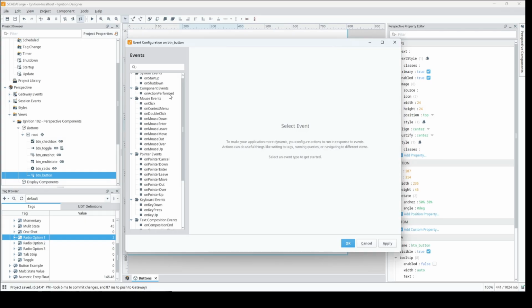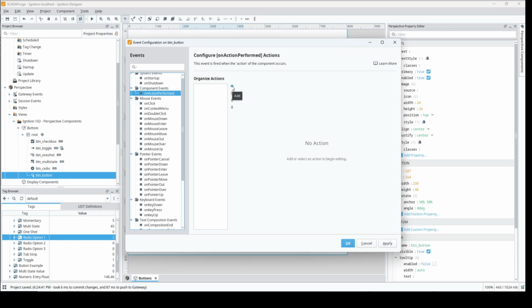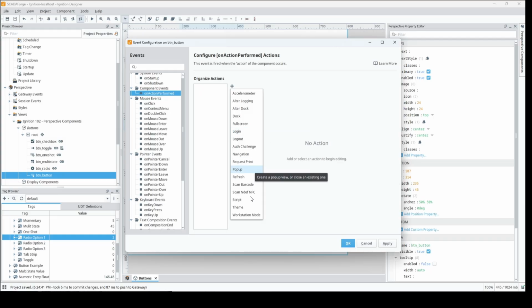Typically for buttons, I would use action performed. And once we select that event, we can do whatever we want actions-wise. We can tie into a bunch of different action types here. Similar to in the Vision side, we'll just use a script for this case. This is kind of a different way to look at the tab version of the Vision pop-up, where we could do